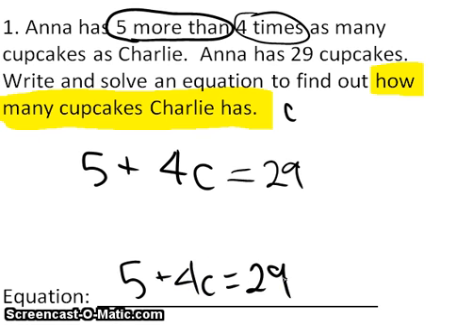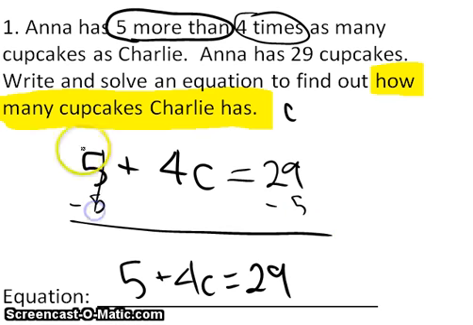To find the answer, I have to solve this equation using my date-night method, where this is me, this is my date, and this is my wingman. I want to get rid of my wingman first, so I subtract 5 from both sides. That leaves just me and my date here. 29 minus 5 is 24. To get rid of my date, I'm going to divide both sides by 4,